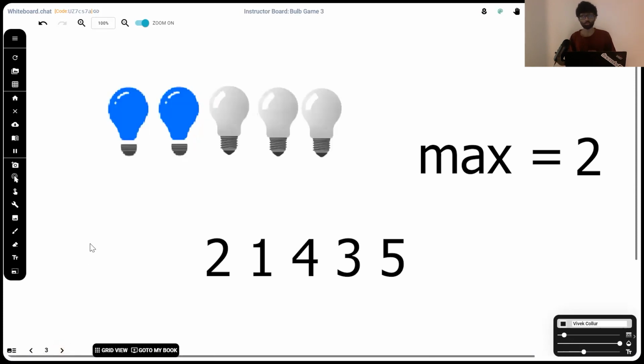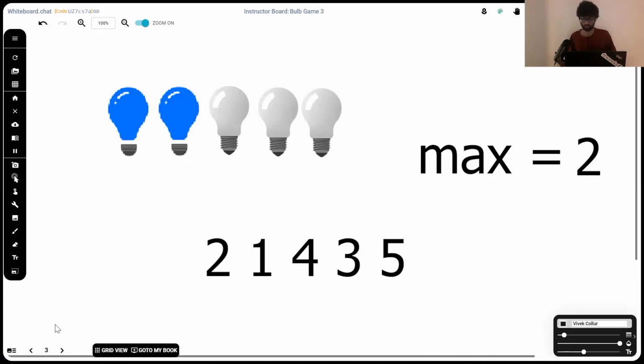Here in state 2, bulb 1 is turned on. Now we know that max is 2 and we know that the number of bulbs is 2. That tells us the bulbs that are on are bulb number 1 and 2. And if bulb number 1 and 2 are on, naturally our output is going to be increased by 1. Every bulb that is on is blue. Let's have a look at the next state.